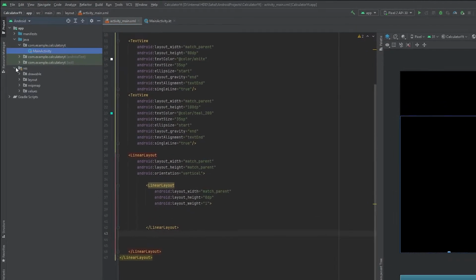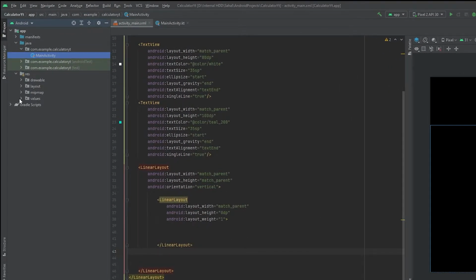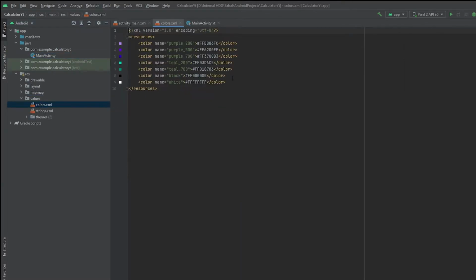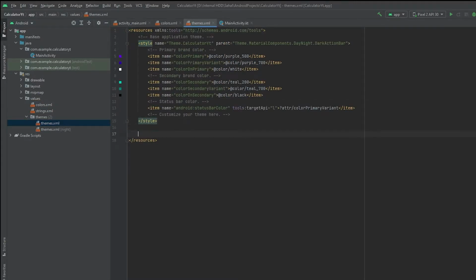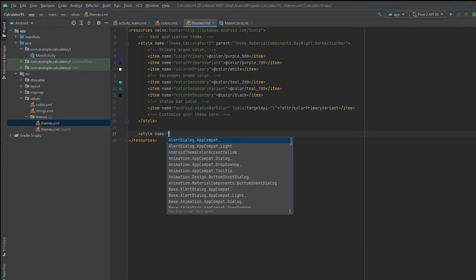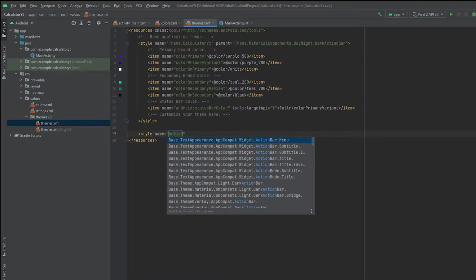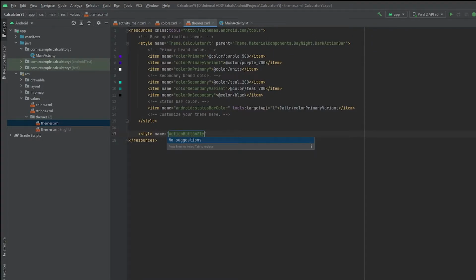For that we will just go to resource values and inside color we will just change our color. We need our orange color and here we get our orange color, and then inside themes we will create our style. Okay, so we will write style name as action button style.